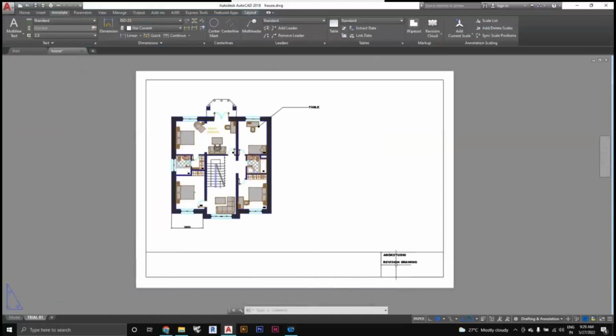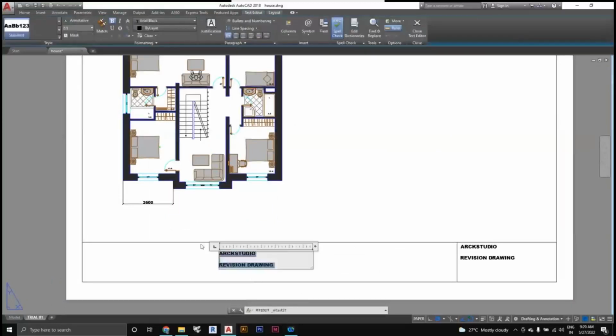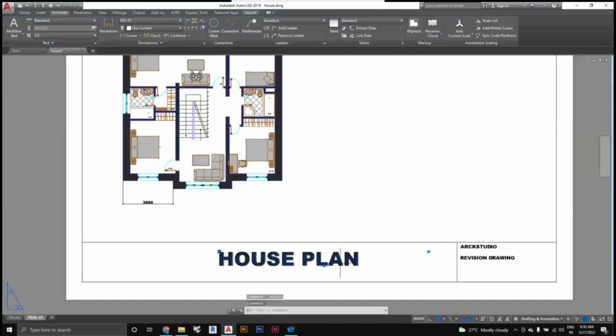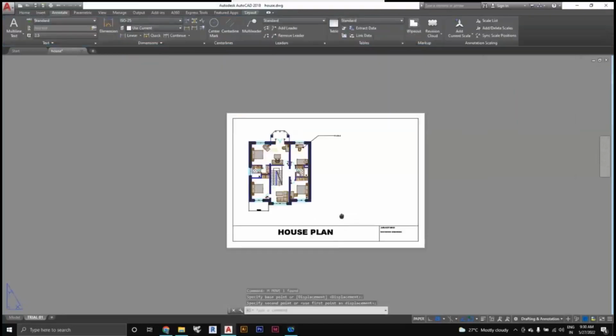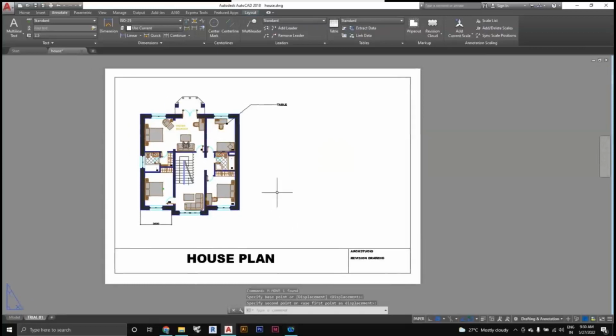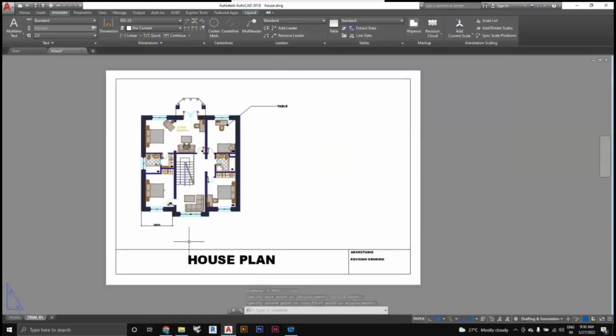Also you can use it as house plan. I'm just copying it, and then I'm writing it as house plan. And I'm increasing the size as well, selecting the size to be like 10, and just pressing enter. And then from here you can align this, you can make this line a little extended as well. And then just press Escape, you will get house plan. Then with the help of the move tool, M space, I'm moving it. Now you can see you got a proper